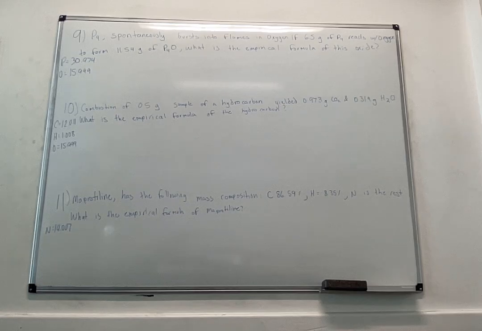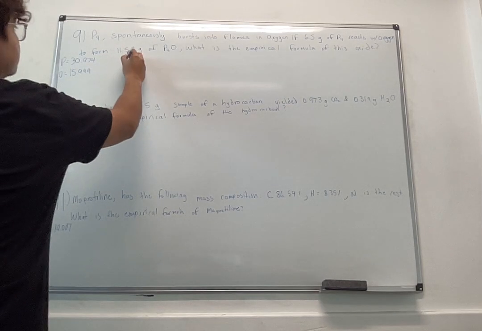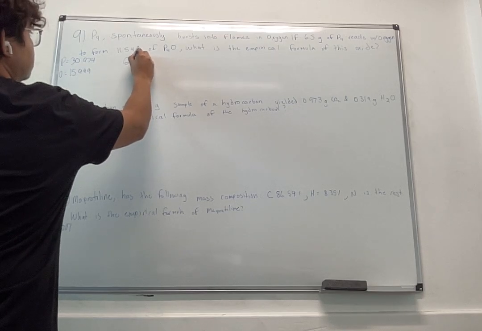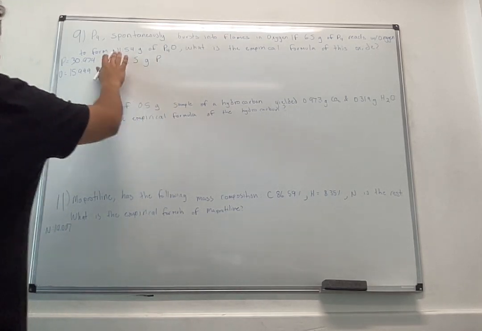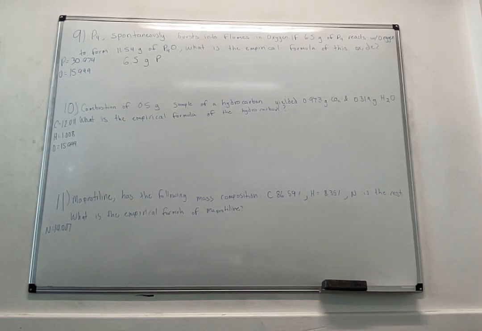Now, two things right away. They give us 6.5 grams of phosphorus. And they also give us 11.54 grams of phosphorus oxide. Now, to find the empirical formula, we just want the oxygen, sorry. So how do we find the mass of just oxygen? Well,